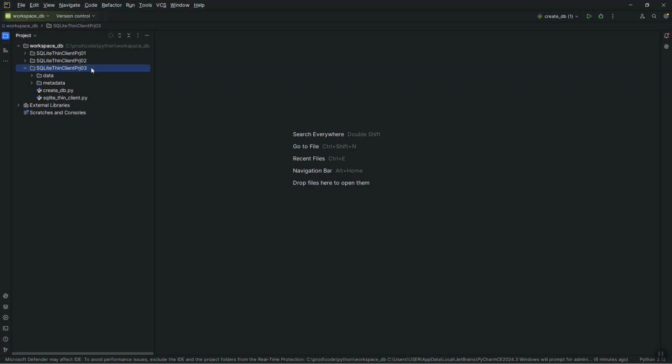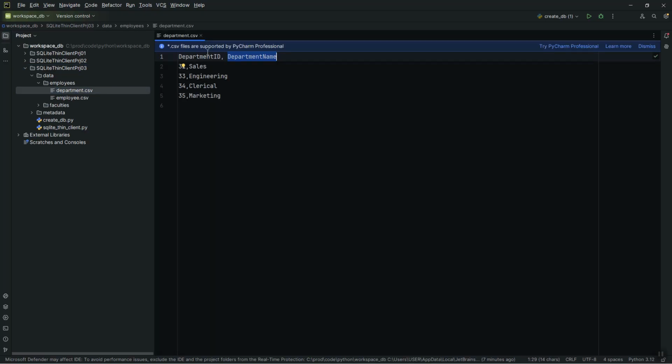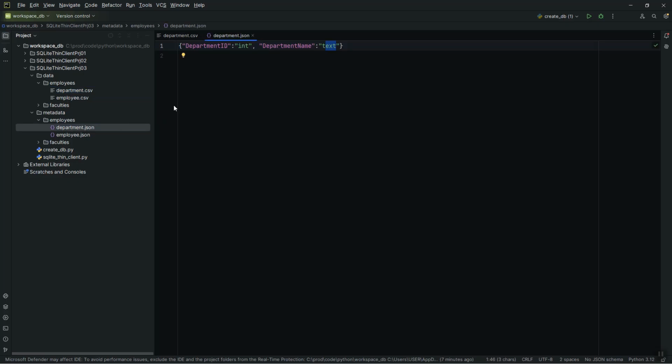This is a pre-built version of the application. Now in a .csv file, we don't have any information about the fields. So we added a metadata directory where we specify that information. So for department.csv, we'll have a